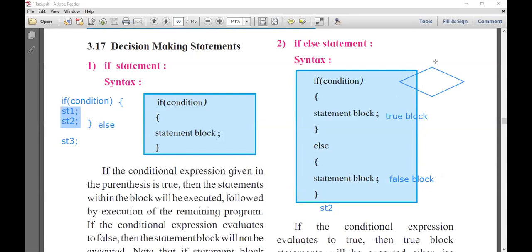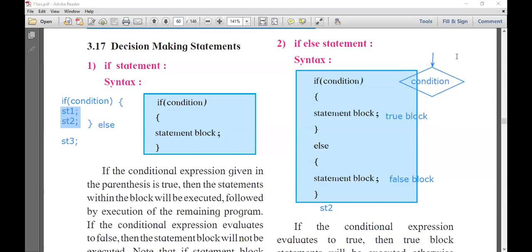In this flow chart, the flow always comes from the upper to the lower section. In this if structure, the condition always comes inside the condition block.